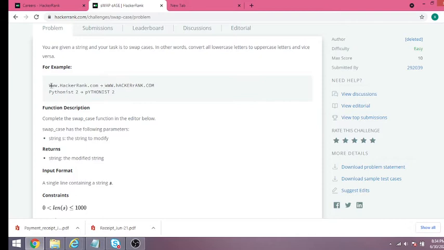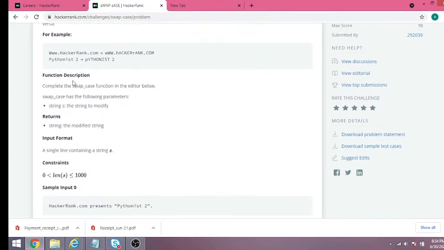The uppercase W is converted into lowercase, and lowercase w is converted into uppercase. Same like capital H will be small h, and all will be swapped. Uppercase is swapped to lowercase and lowercase is swapped to uppercase. This example is also the same: uppercase P becomes lowercase p and lowercase p becomes uppercase.